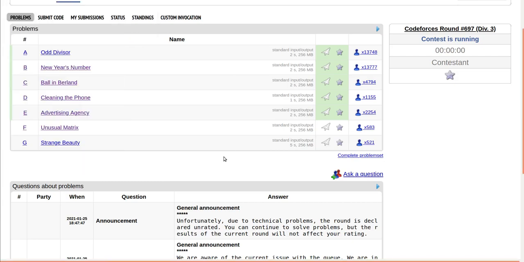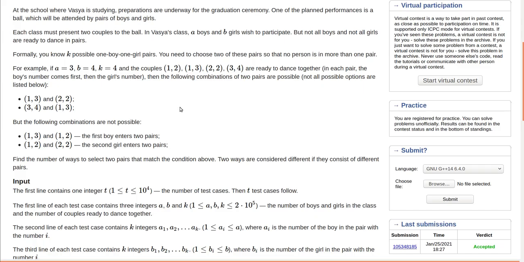Hey guys, I'll be explaining problems C, D, and E of this Codeforces Round 697 Div 3, maybe in separate videos. So I'll cover these three problems in separate videos. So this is for problem C. So problem C says that